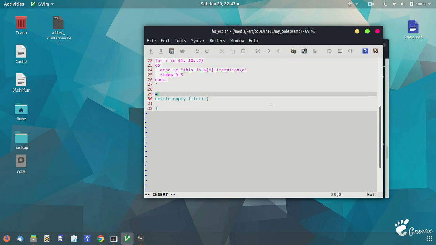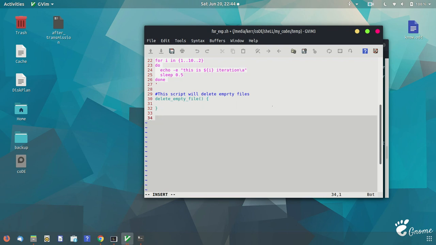Let's write what this script will be doing: this script will delete empty files. I will pass just one argument at a time to this function, and it will check whether the file exists or not, and if the file exists and there is no content within that file, then it will delete that file.